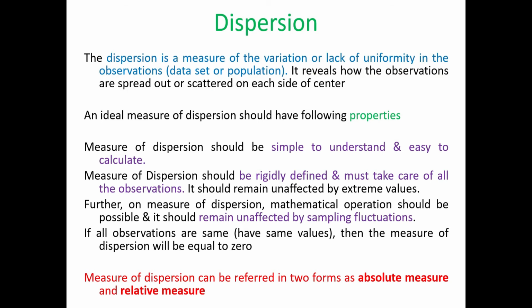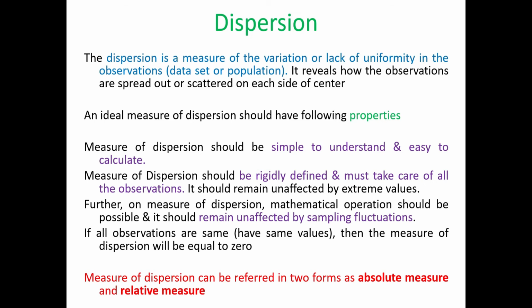Next come to dispersion. Central tendency we have done. Now dispersion tells us how much variation there is, or whether there is uniformity in the data or not. Is the data uniform or not? That we calculate by virtue of dispersion. If data is highly dispersed, mind it, if you are using and planning with that data, it will be a disaster for your exercise. So in planning, the data should have less dispersion.